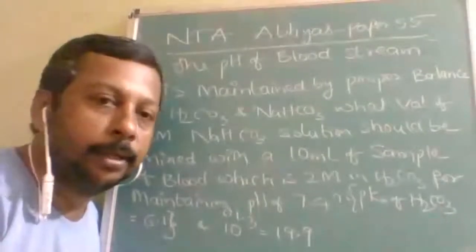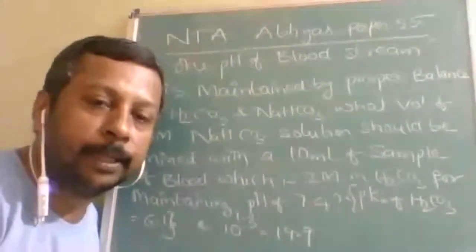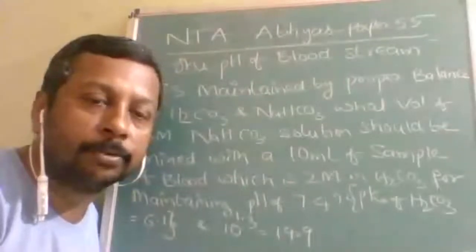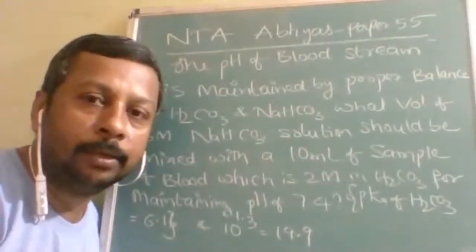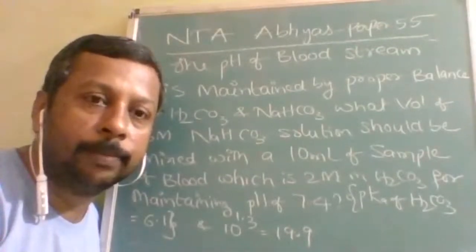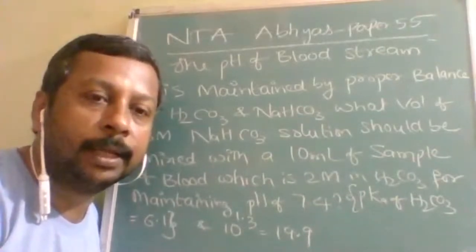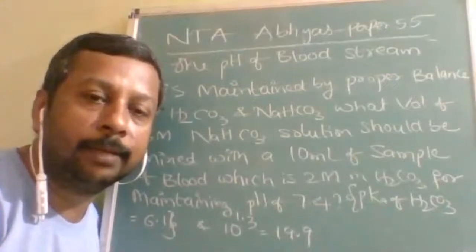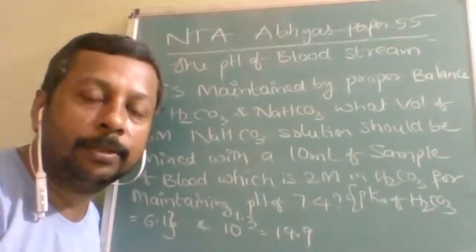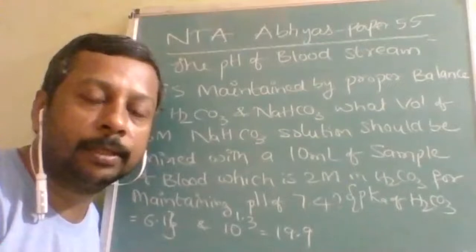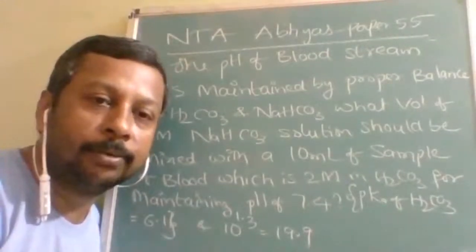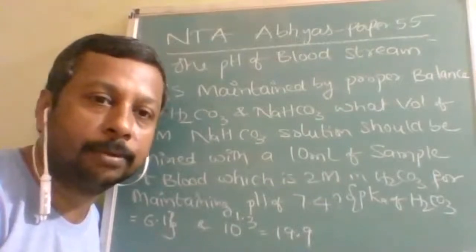Daily you should make it a habit of completing at least 10 questions from the Abhyas question bank. For that, you have to go through every paper. Every 1 or 2 days there is a new paper, so we should keep pace with the NTA, so that when you are facing the actual exam, whenever it is conducted, you should not get any new question. If you cover around 60 to 70 papers, I don't think any new question will be left over in their question bank.